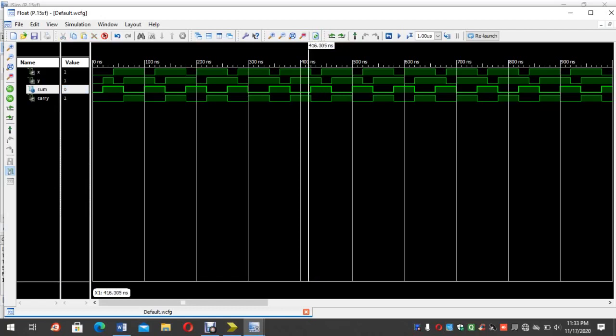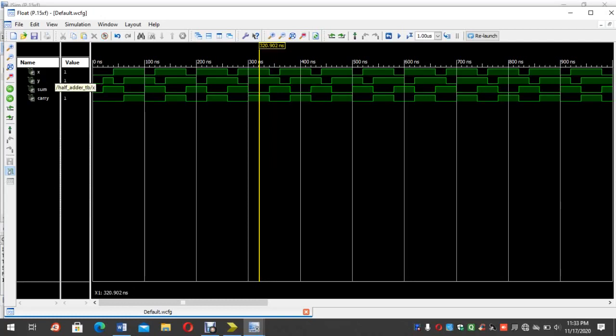Then let's check another point. Here at this point the input is x 1 and y 1, and sum is 0, carry is 1, so it works perfectly. So close it.